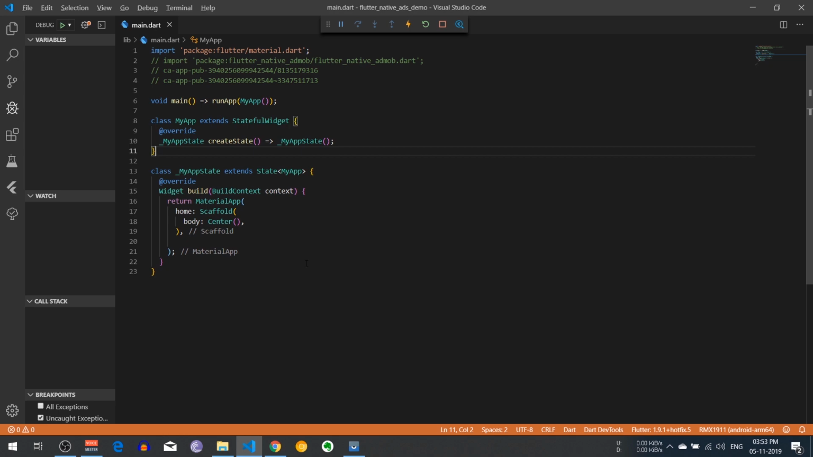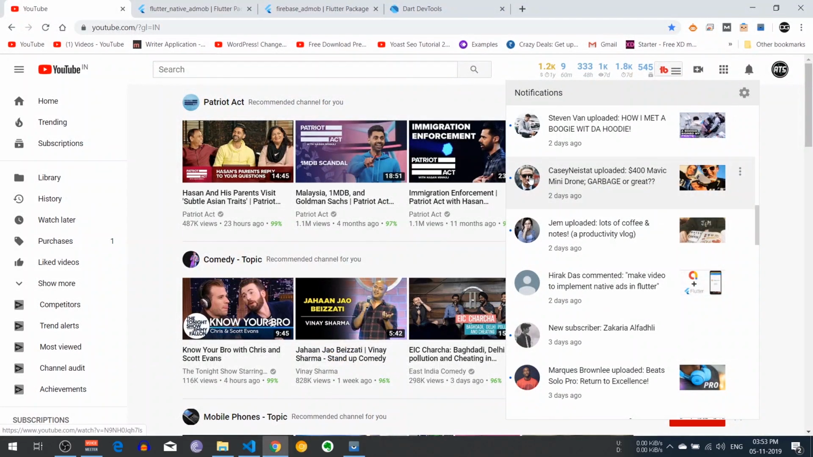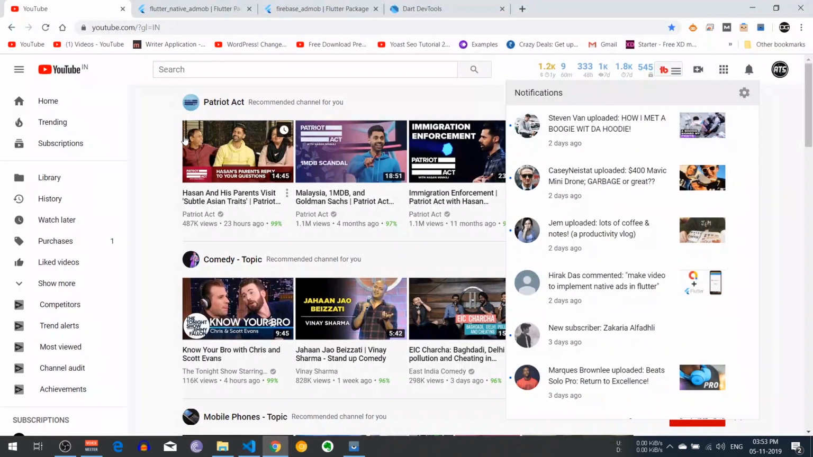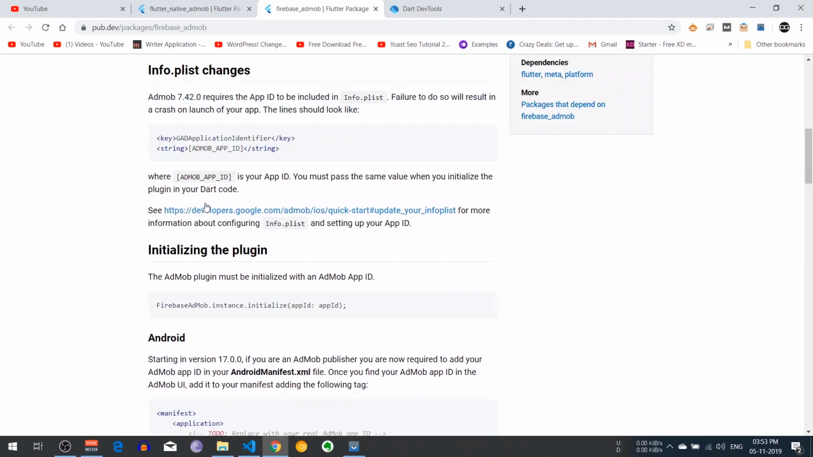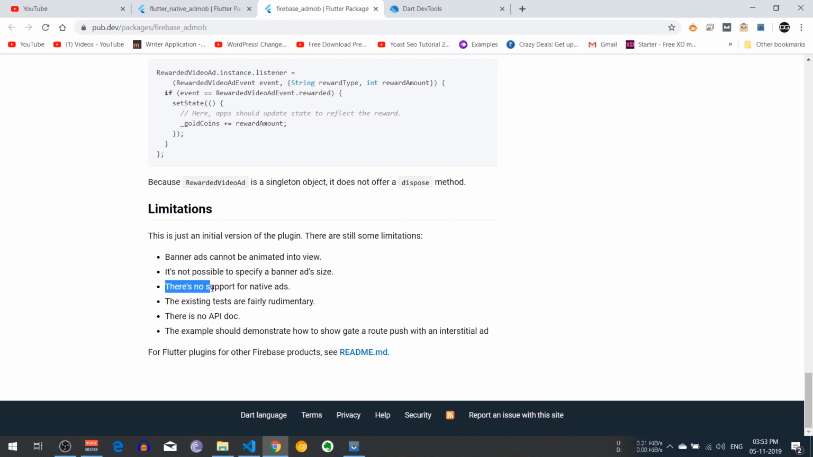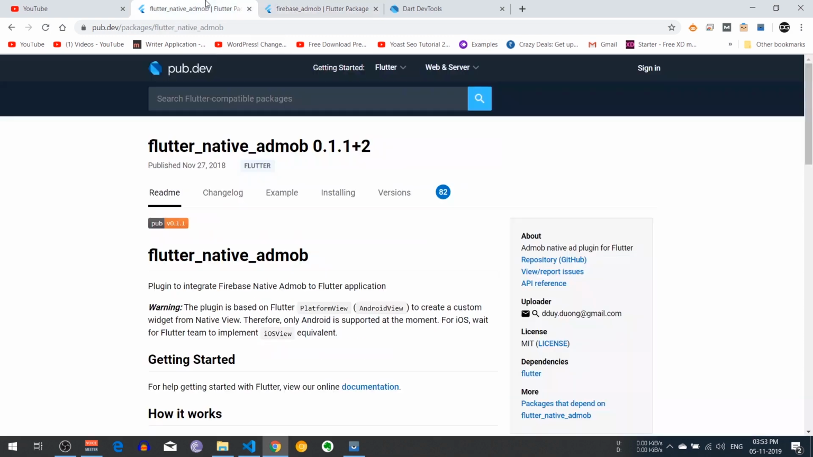Today one of the subscribers commented that I should make a video on implementing a native ad in Flutter. So today I am going to show you how we can implement a native ad in Flutter apps. But as you know guys, the Flutter official plugin mentions that there is no support for native ads, but so many people commented asking me to make a video on native ads. Then I found one best Flutter native AdMob plugin which provides us Flutter native